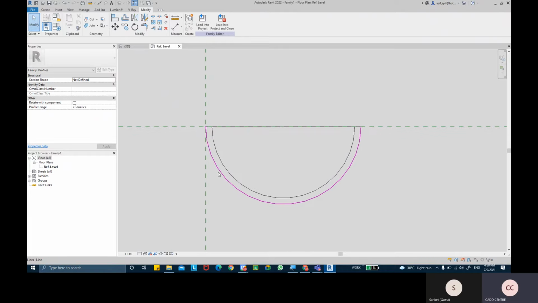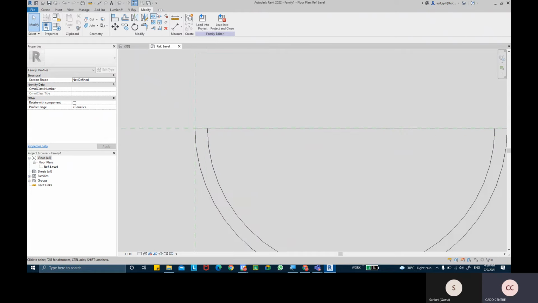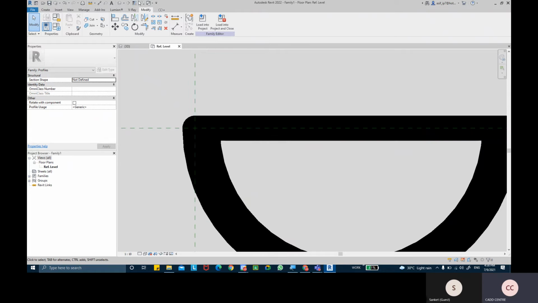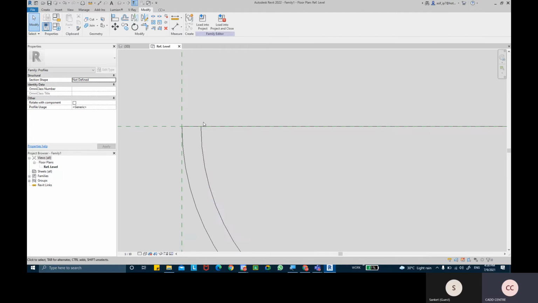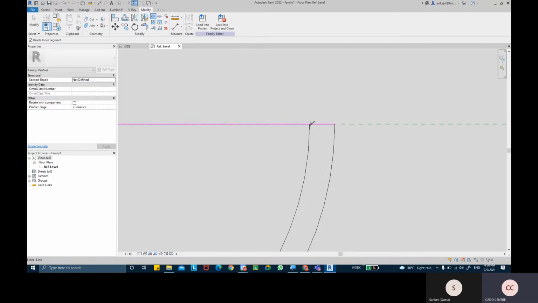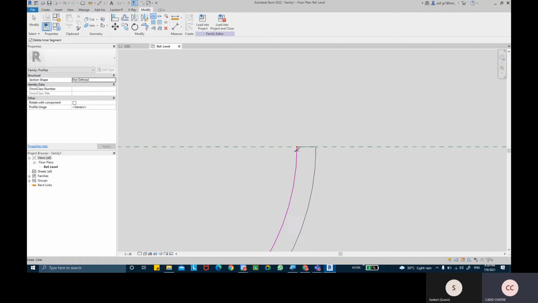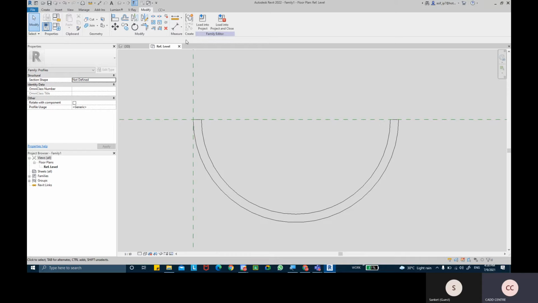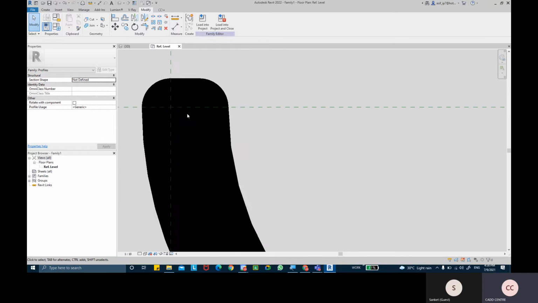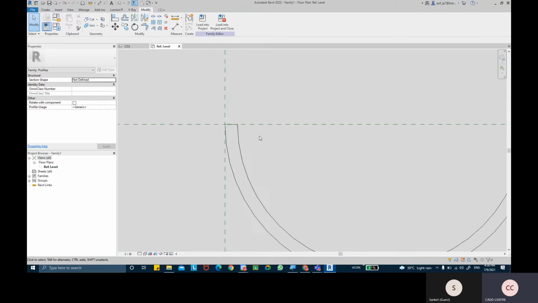Right, so then we have this profile. I don't want this profile to have this much line over here. So we'll make sure that this is trimmed off or cut off. So I'm going to use this tool over here, that is split element. Make sure that I take delete inner segments, which gets it trimmed from this endpoint, this point, somewhere from here, it's nicely cut off. So now we have a closed loop profile object.